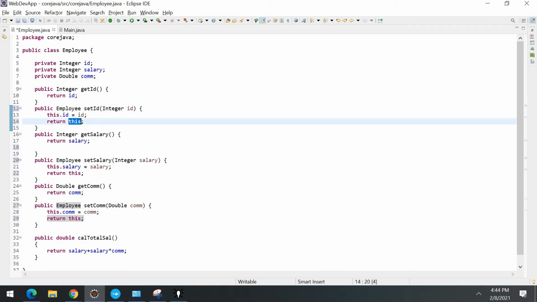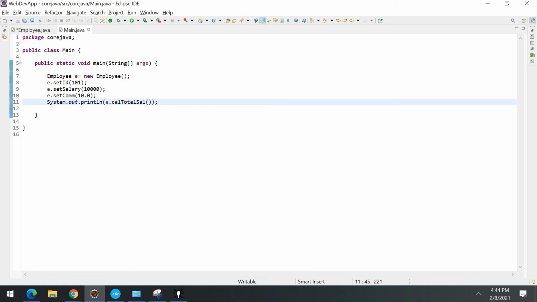Whichever object is calling it, you are storing its reference. You might know this use of this: we are using this here because the formal parameter and class level parameter names are the same, so you need to distinguish them by using this. There are also multiple other uses of this. It is used to call the constructor, and it also holds a reference of the current calling object. Okay, this is a little about this, but we are focusing on method chaining.